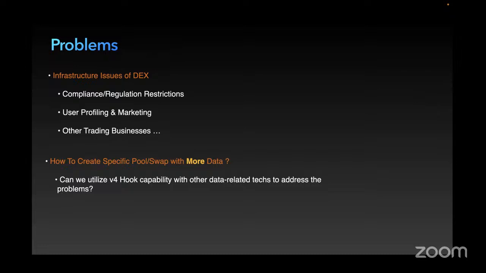So the problem converts to a general one: how we can create specific pools or swaps with more data. Because of the options that V4 hooks provide, we can build very flexible, multi-dimensional data that can be combined with the hook contract and with the DEX contract. So we want to add some